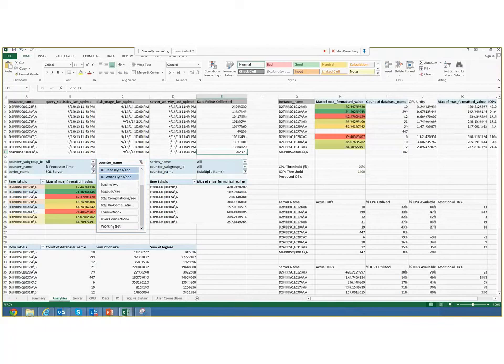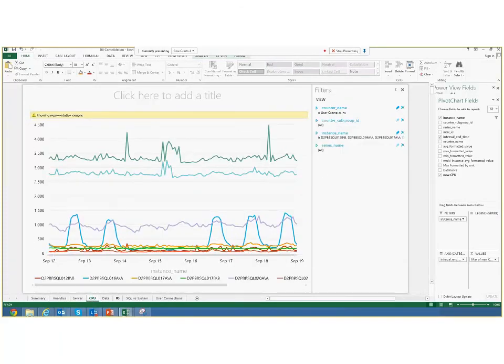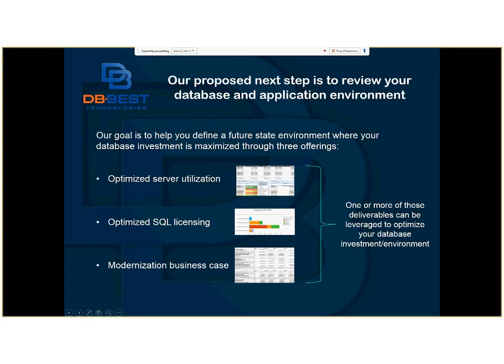The good news is that through the same analysis that we're leveraging through consolidation, we have all of that data. We have the CPU data, we have the disk I/O data, we have the number of users and other transactional data that's then used in order to optimize a customer's environment. So coming back to this presentation, what our goal here is really to be able to maximize your SQL environment,